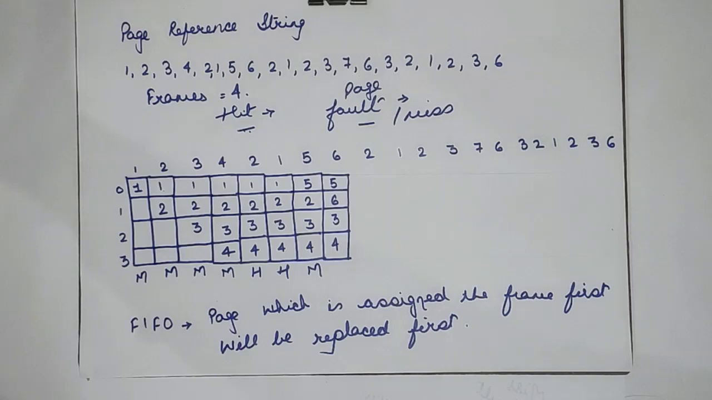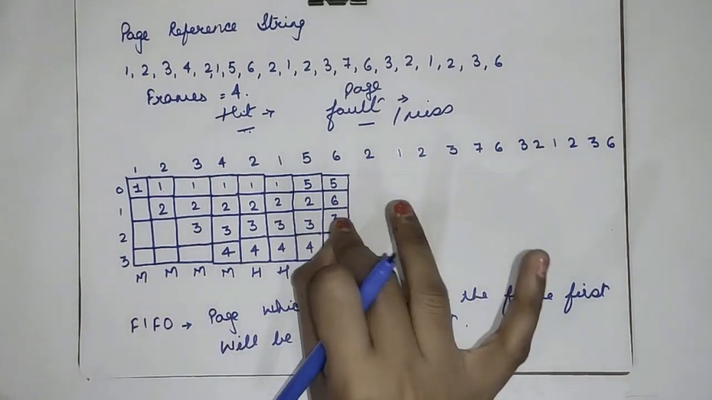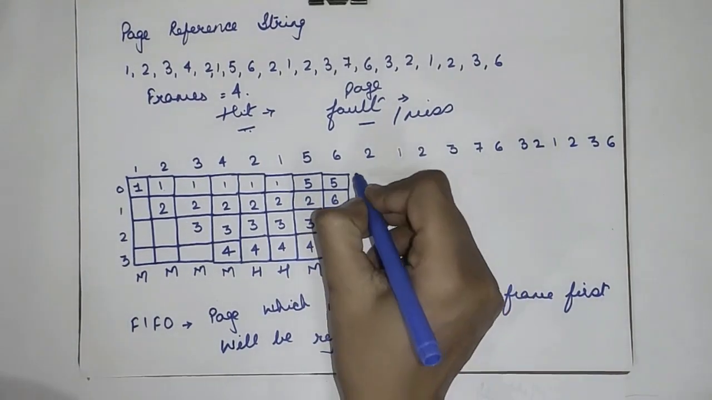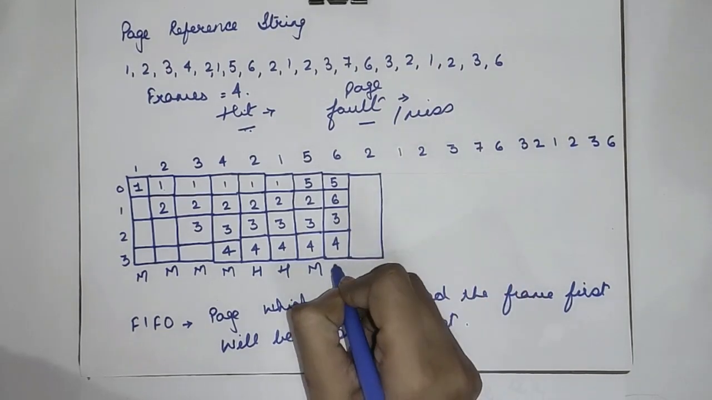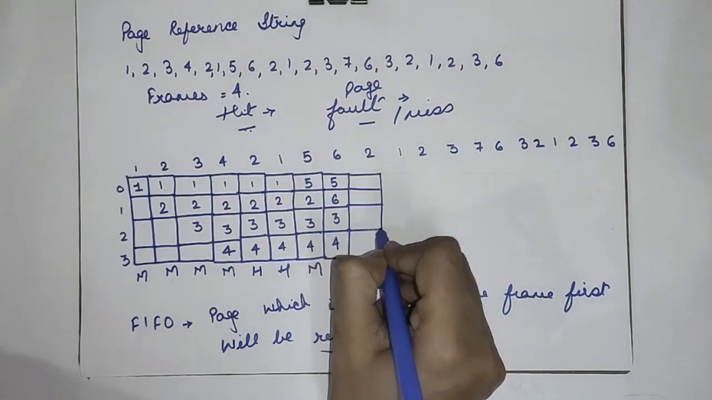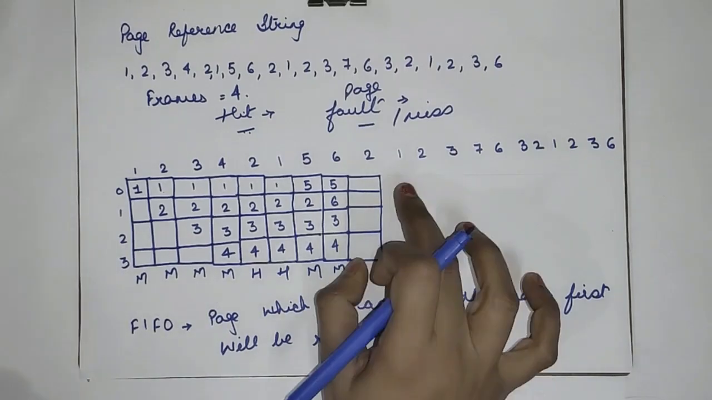Next, what's going to happen? I need 2 again. I just removed 2 and now I need 2 again. So what do I have to do? So there is a miss again. Now what I need is 2 again. So I'll have to remove any of the pages and insert 2